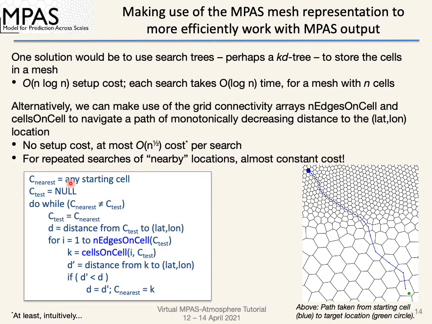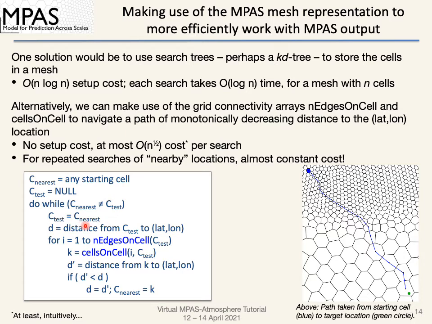The idea is that we're going to start by just choosing any cell in the mesh, and that's described here in this figure by this blue cell. That's our chosen starting cell, but we could have chosen any other cell as our starting cell. Initially, we're going to set what we call a test cell to an invalid value, to none, to null, to -1, whatever we want. And the idea is that we're going to continue to iterate while our test cell is not equal to our current supposed nearest cell. So in each iteration, we're going to set our test cell to our current nearest cell,